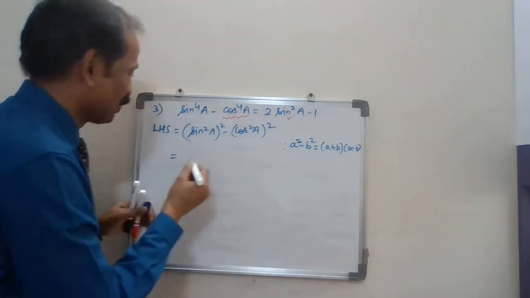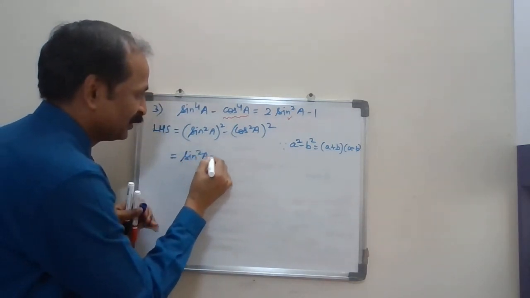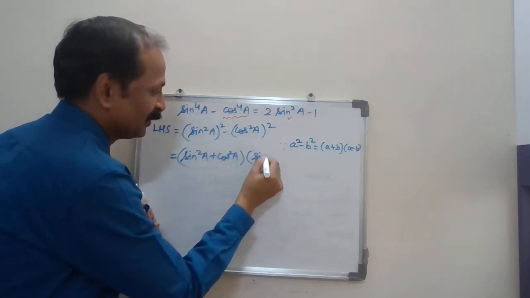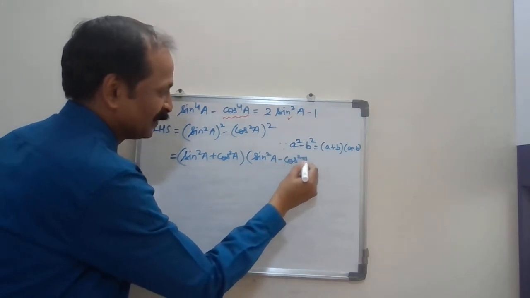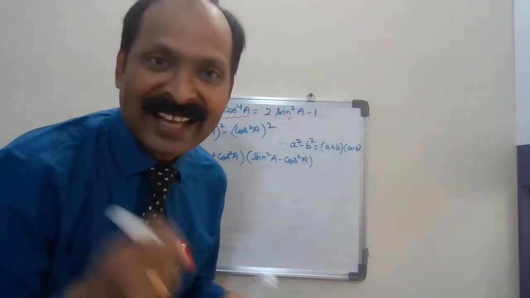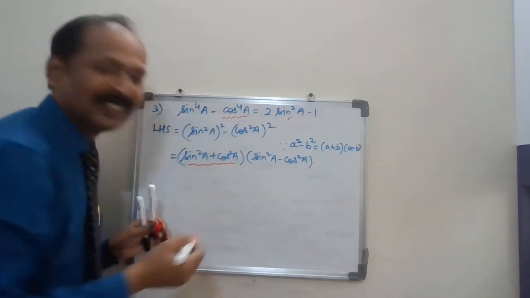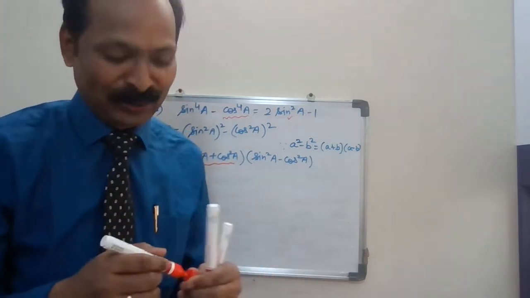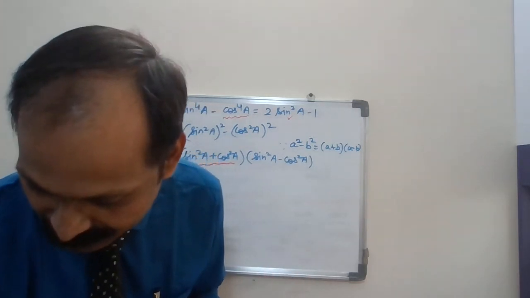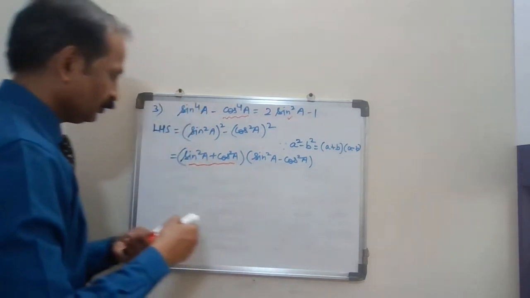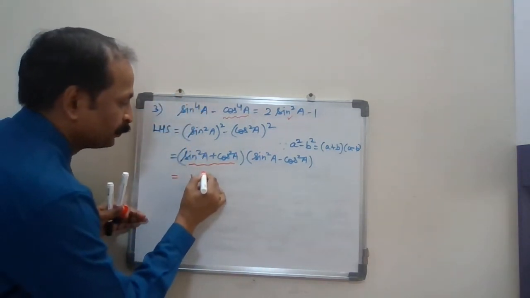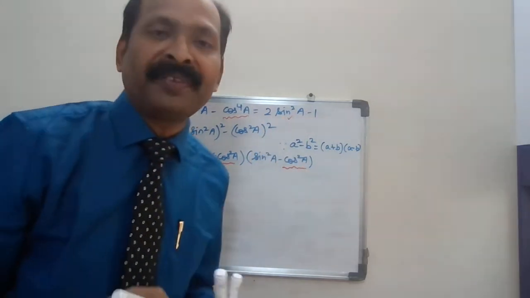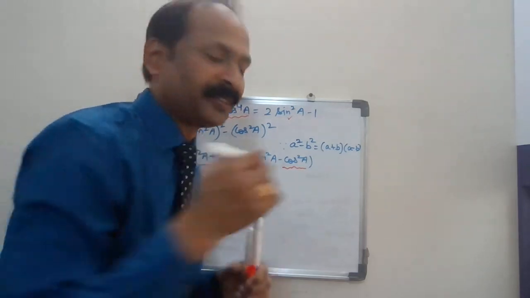So I'm applying that. Once you add and once you subtract. And you know that this is an identity. This is our first identity, sin square theta plus cos square theta is 1. Please remember if you don't know. So you can write here 1. And this, as I don't need cos, you can change it. Please make a habit of writing brackets, so there will be no sign error.